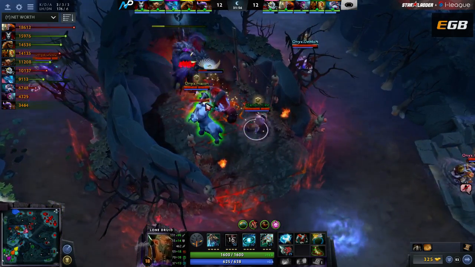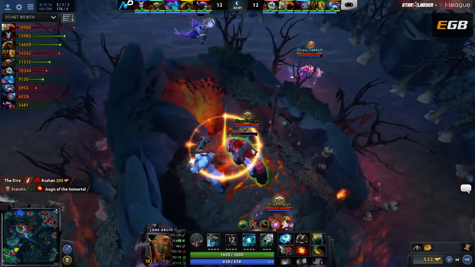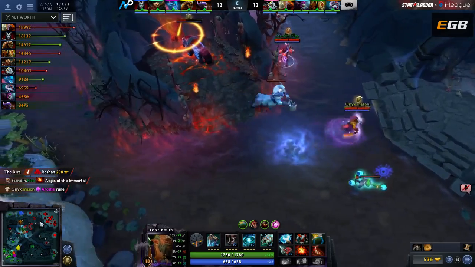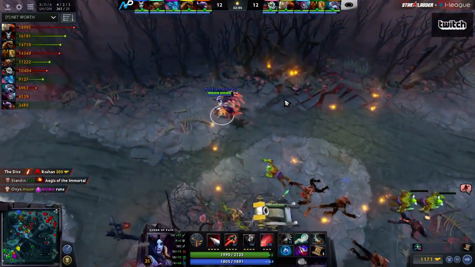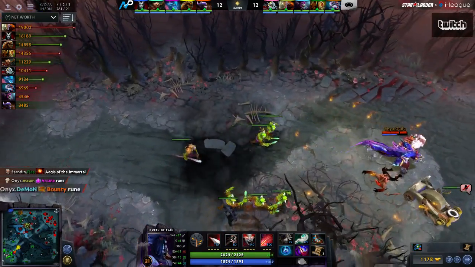And last time you were mentioning Lone Druid. Is it going to be him again? Yes, it is. Okay. Oh, yeah. I mean, you look at Mason, Mason's 6-slotted, right? I guess you give up your Aqua, obviously, for an Aegis, but...